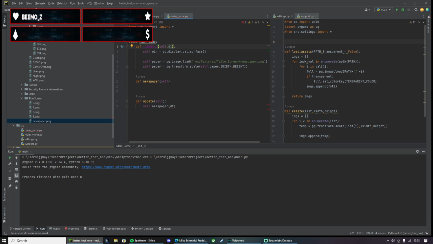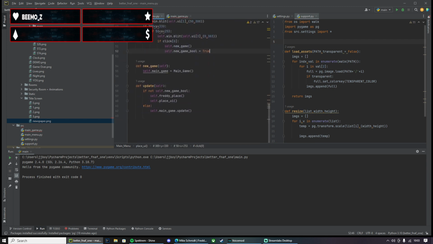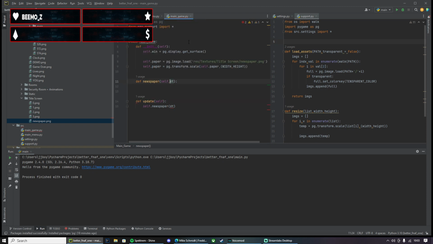How many delta times am I gonna have to put? Why did I put it there? Comma delta time. No, self delta time. Now this also goes into the main. Delta time. Delta time. Oh, wait. Why do we need it now?